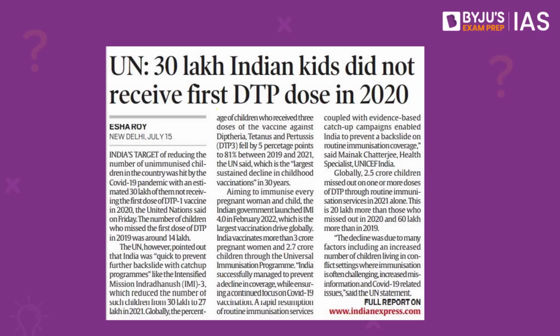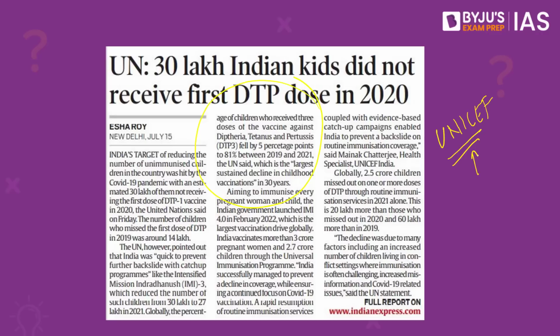The article says that globally, the percentage of children who received the 3 doses of vaccines against the DTP fell by 5 percent points to 81% between 2019 and 2021. This is considered as the largest sustained decline in childhood vaccination in 30 years. And as you would imagine, the COVID pandemic had a major role to play in this sad decline. This report specifically has been given by UNICEF because this is the arm of the UN that focuses on child